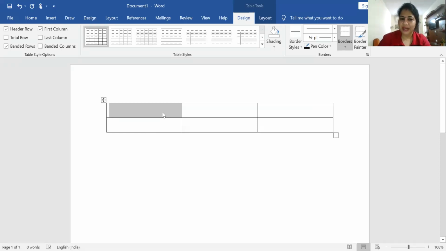So whatever data I type here, I can type separate data here, separate data here. Okay, so this is the data we can represent in a separate cell, so it will be represented in an arranged order. Okay, so this is your column, and this is your row. The horizontal lines are called rows and the vertical lines are called columns. Okay, now let's go to how to create a table.